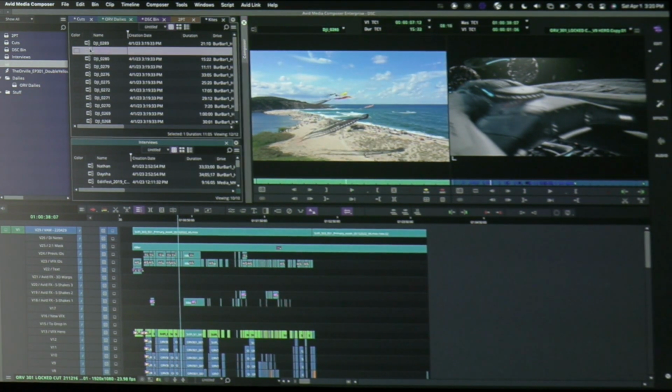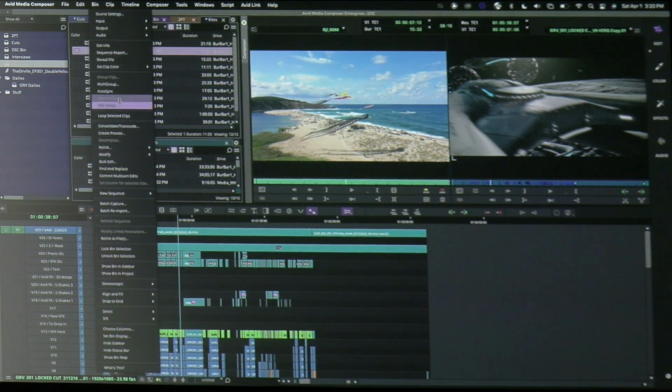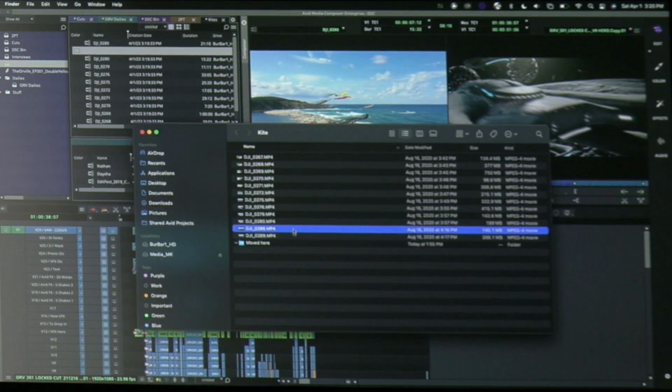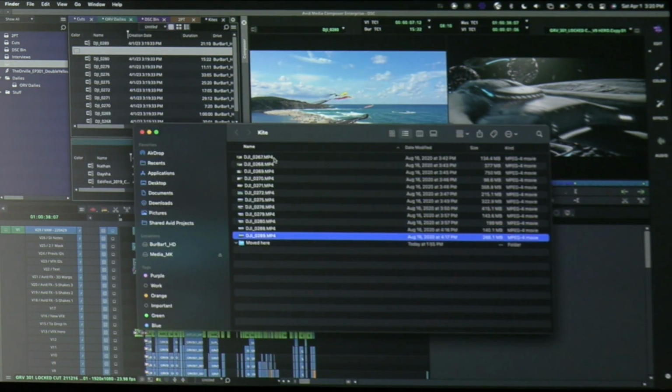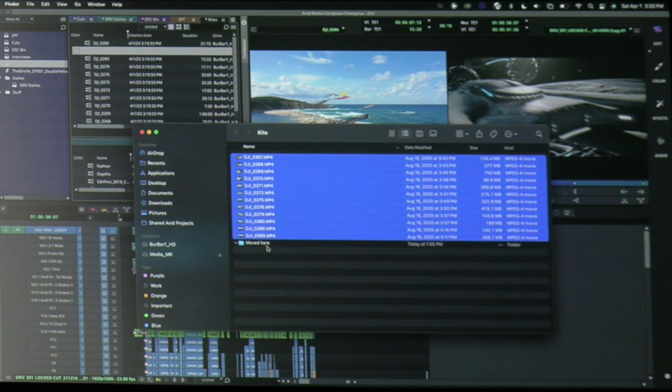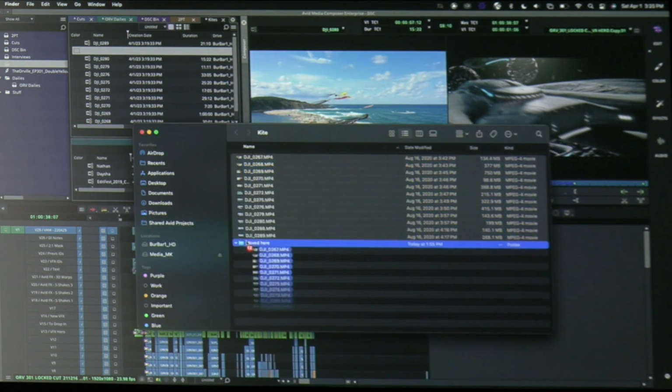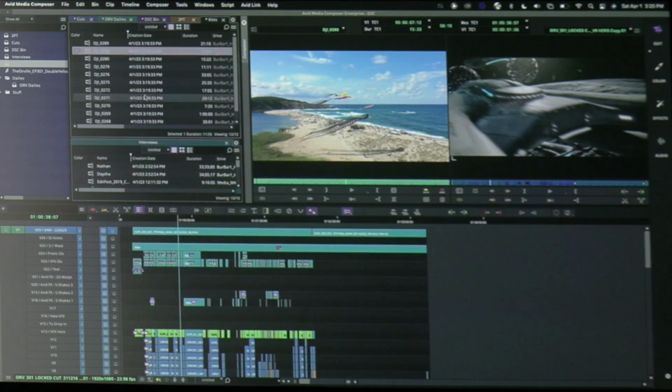So I've gone in, I'm editing. I'm going to go and reveal where that file is. But I'm now going to take all of those MP4 files and I'm going to put them into this folder called Moved Here. So they're now moved from that path. That path has been broken. So if I go back to Media Composer,